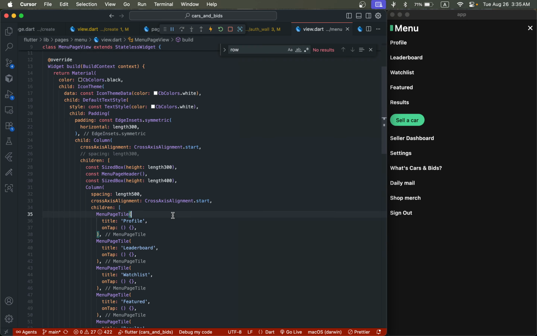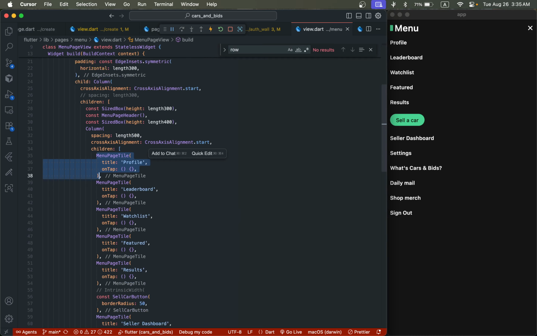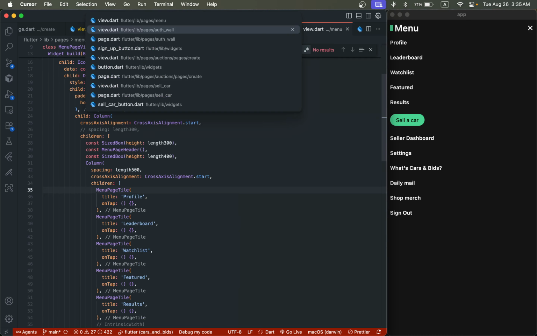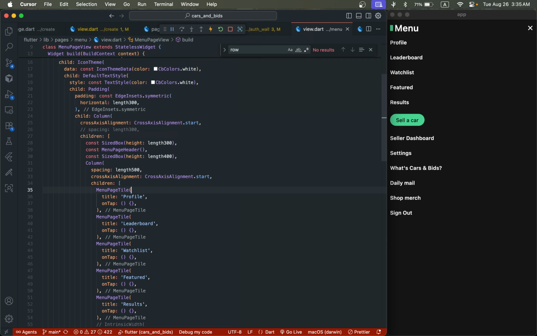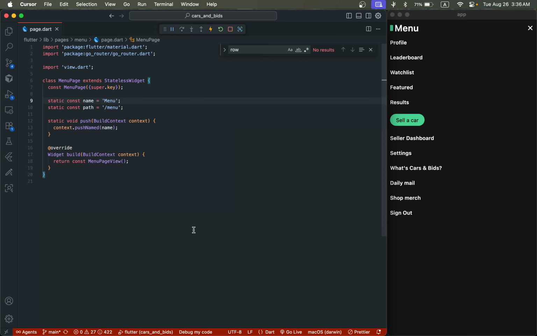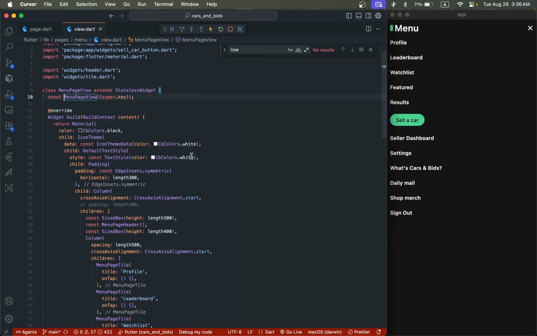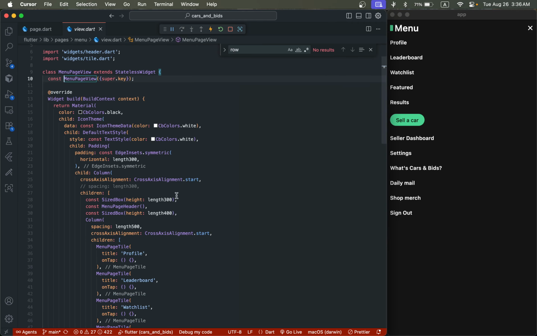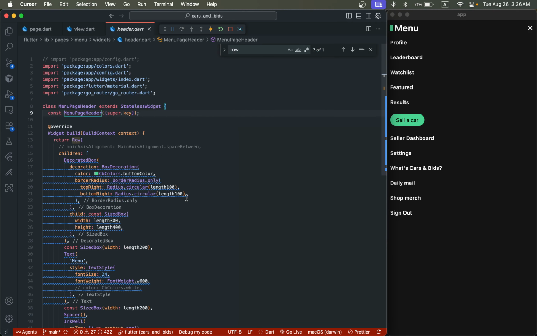We have profile. Let me close out the tabs and menu page. And in the menu page view, menu page header,